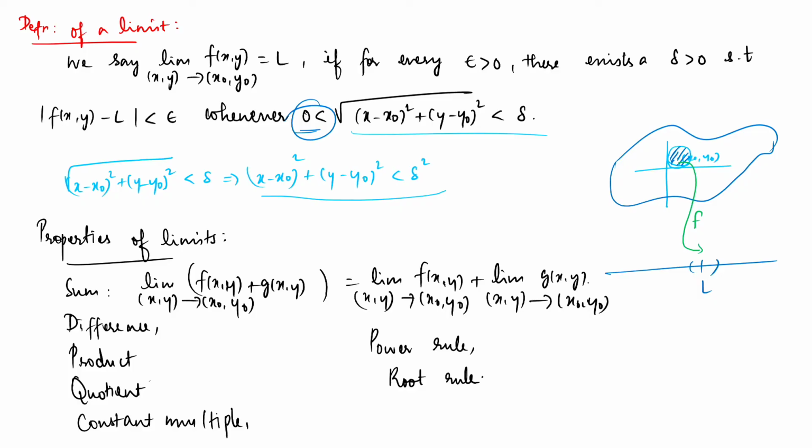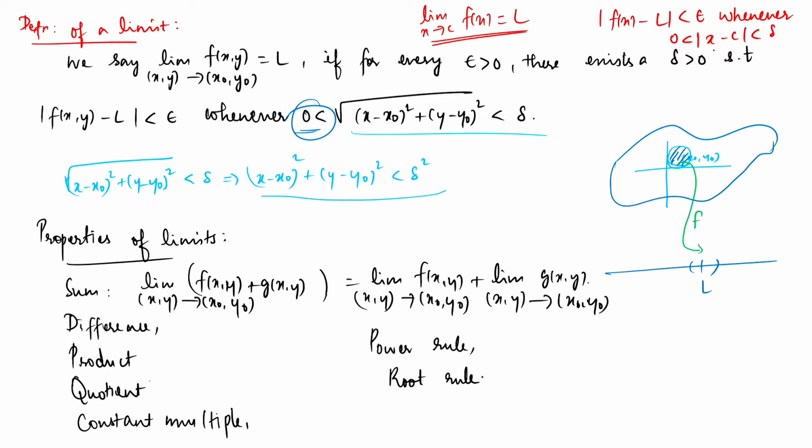In the last lecture, we have seen the definition of a limit. It is just an extension of what we have seen in the one variable case. I hope you people remember. There we say limit as x approaches some point c of f of x equals L. If it has to be true, what has to be the case? The absolute value of f of x minus L has to be less than epsilon, for a given epsilon, whenever the absolute value of x minus c is less than delta, and 0 is excluded in this case.